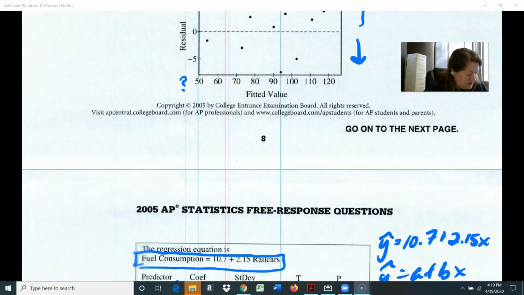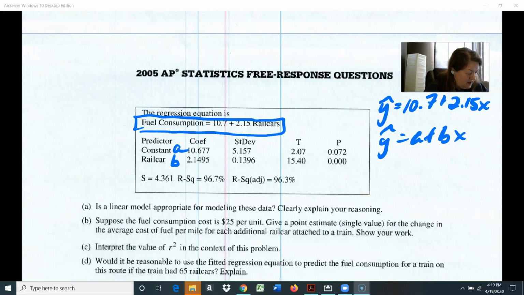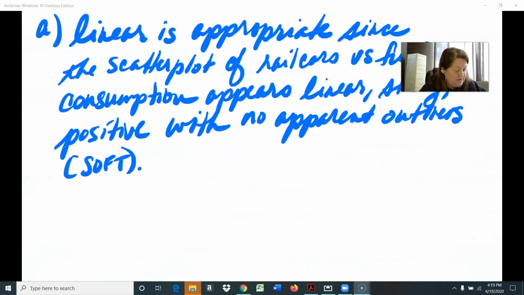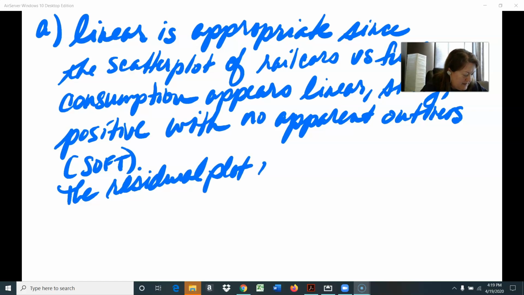And then in the equation, we have an R squared value that looks decently high, which means that most of the dots are accounted for by that linear best fit line. Those are basically the three things that I'm going to talk about. So the second reason is the residual plot of